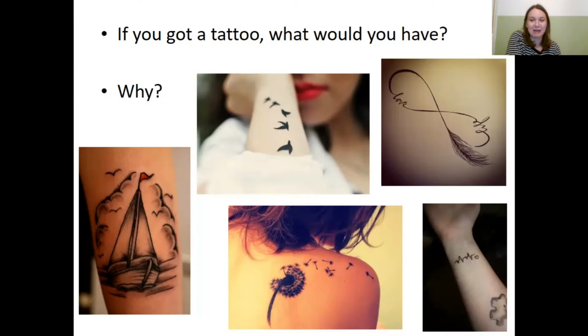And I've put some pictures there of some tattoos that I've seen people with that I think obviously have some kind of meaning to them. So right in the bottom there's a person who's got a puzzle piece, but they've also got a lifeline from a heart monitoring hospital. We've got an infinity symbol, but it's also got a little feather, birds flying, a dandelion clock, and a boat. Why do you think people may have got these symbols tattooed on them? And what would you choose if you had to get a tattoo? I'd love to hear your answers. Please send them in to me in an email. I'd love that.